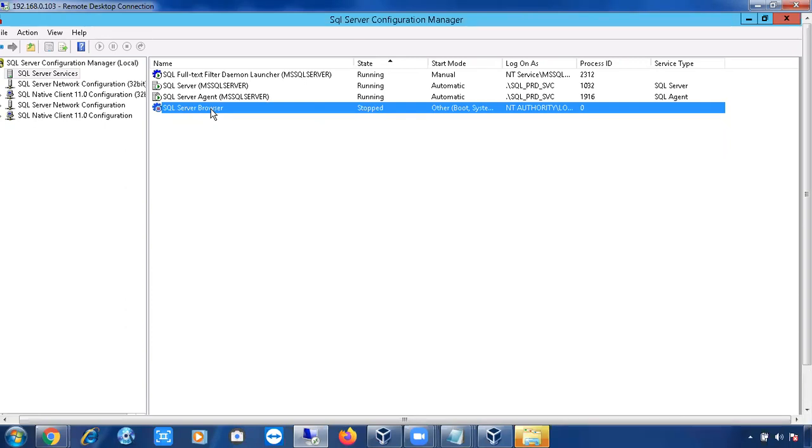Even though you have 10 instances, how many instances can we install in a box? How many SQL Server instances can I install in a box? 50 instances. Why 49 plus 1? Why are you confusing again after 3 weeks of the course? We can install 50 instances: 49 plus 1. One is the default instance, and 49 are named instances. Please don't confuse.